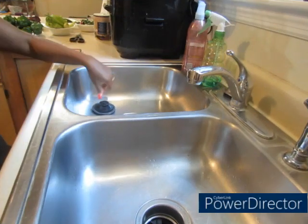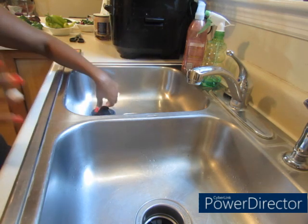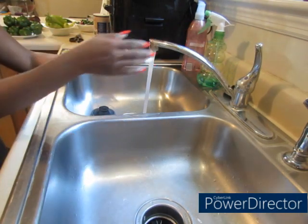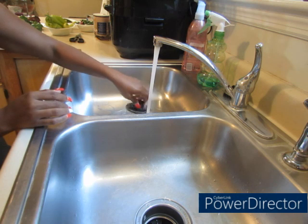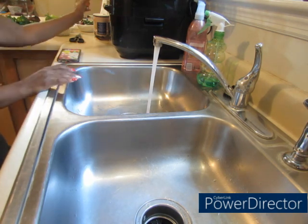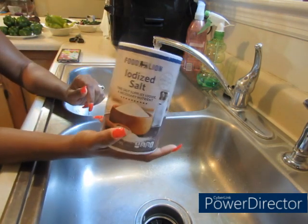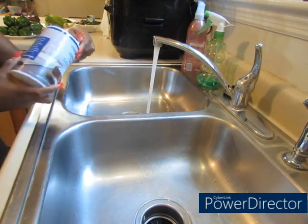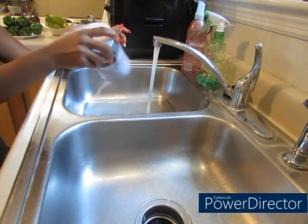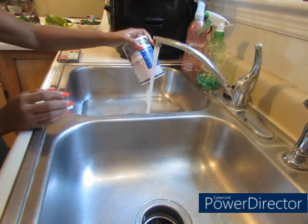Alright, y'all, so I have my sink. You want to use cold water, okay? You don't want to cook your peppers. So I'm gonna fill that with cold water, and I'm adding iodine salt, okay? That's on you. I put a big amount because I really want my peppers or whatever I'm cleaning from the garden to be